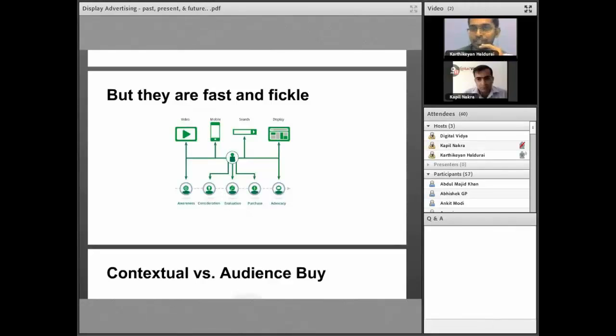On a mobile device, we are researching, and then actually come home and buy on a desktop device. That multi-screen world is something that I really want you guys to be aware of, because if you look at your own behavior, at one point you probably just sat at home and watched a video. But today you are at the office and you're watching a video on your desktop machine, and on the way you